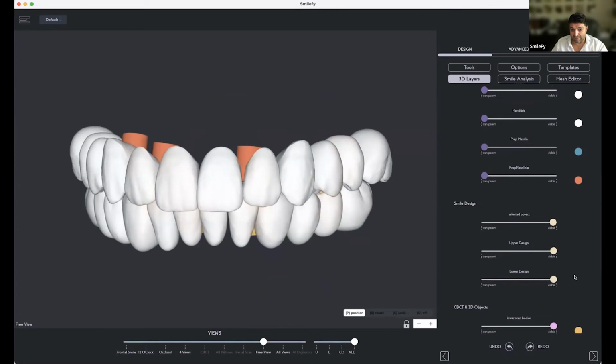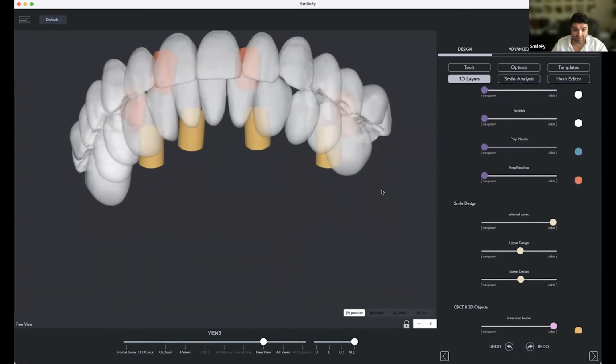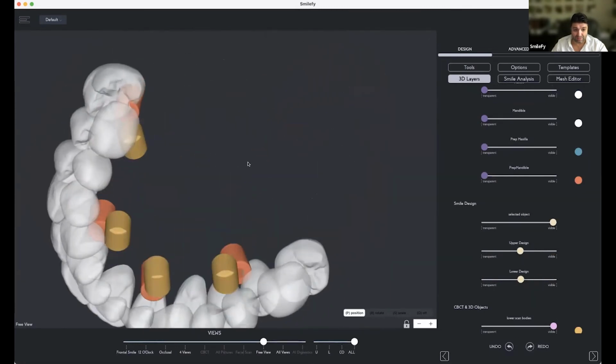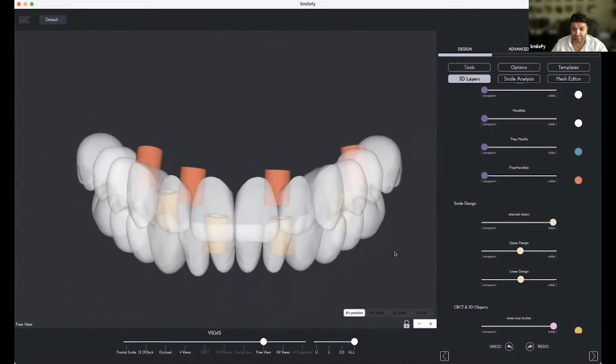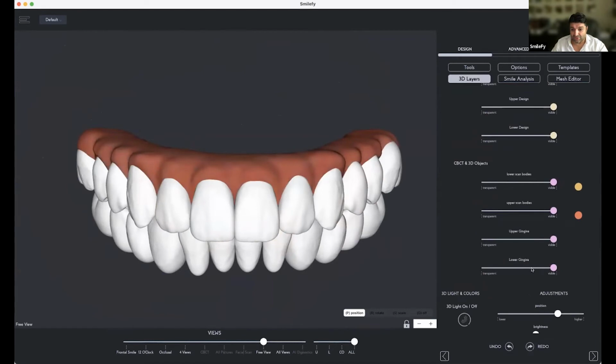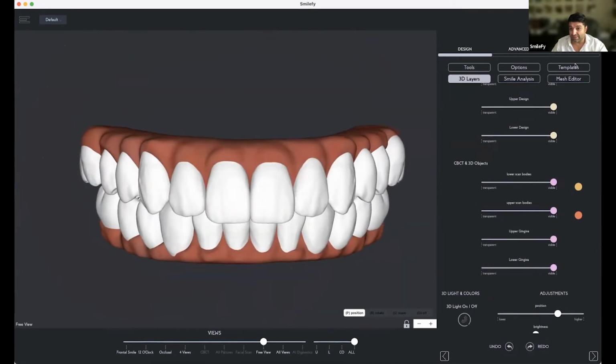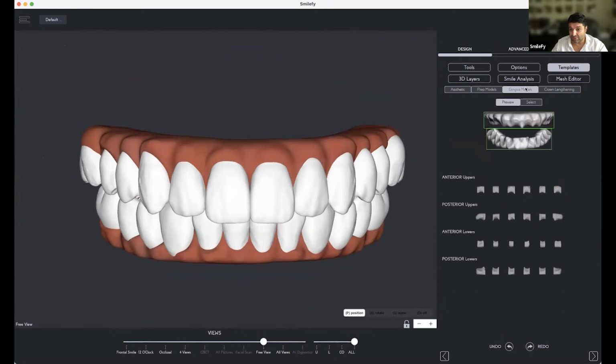So now here is the design. Here is the position of the implants. And then we have the gingiva, that you can select here in templates, gingiva models, right? Upper, lower gingiva.